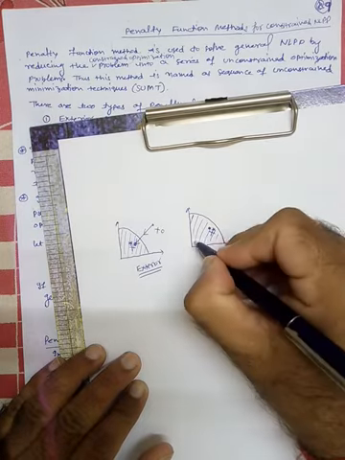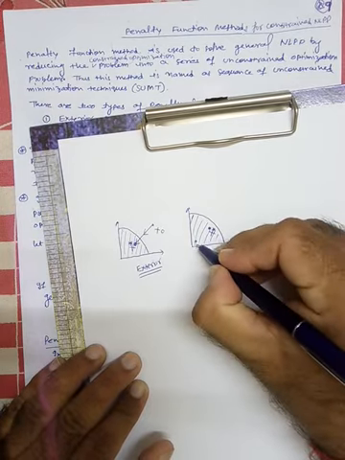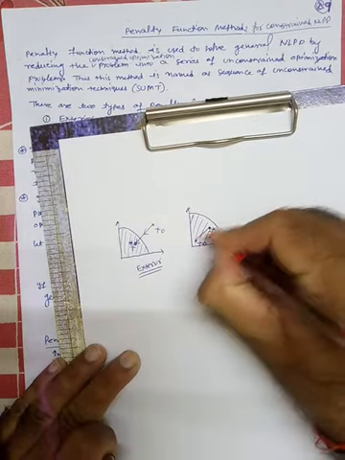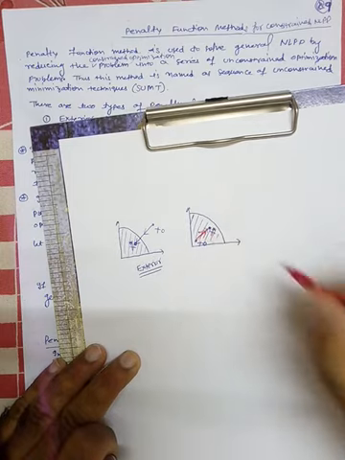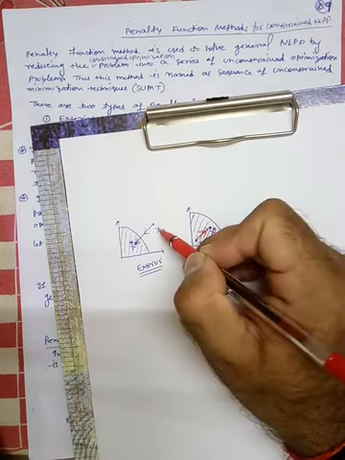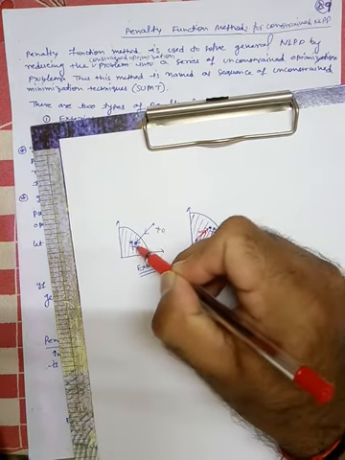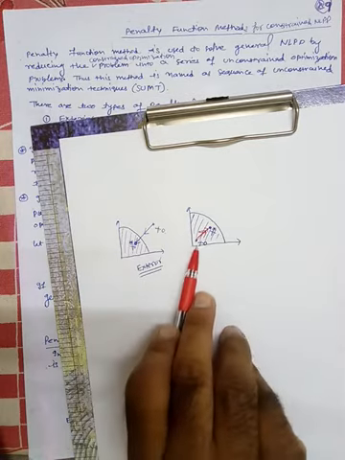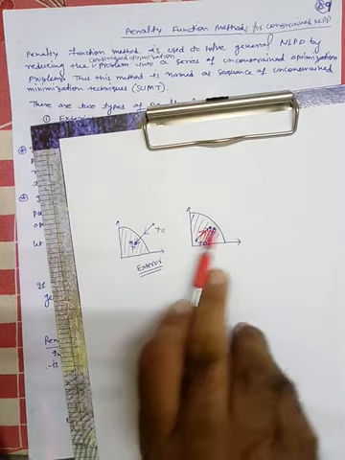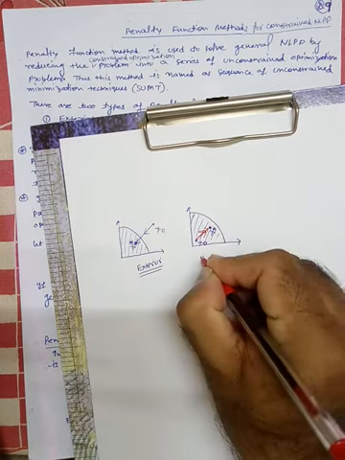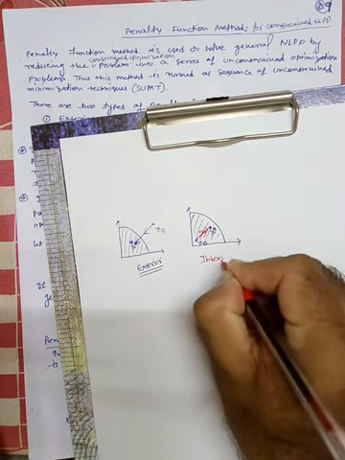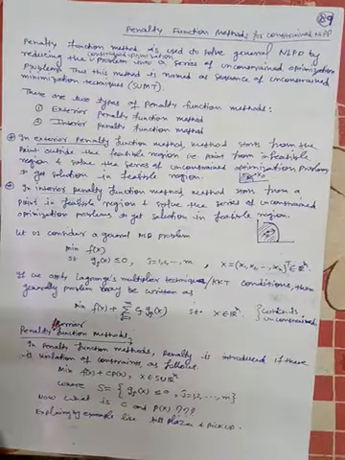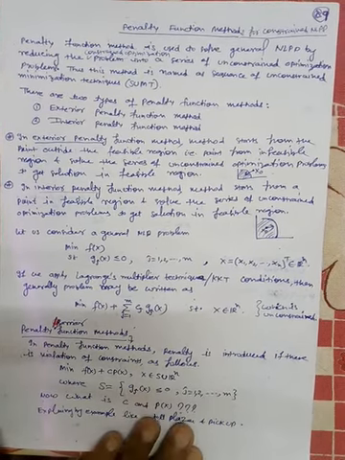Suppose x0 is the starting point, and then we move in this direction, from here to here. So this is the approach. In the exterior method we started from a point outside and then moved inside. However, here we have selected a point inside the feasible region, and then slowly we move towards the boundary, or towards the optimum solution. This is the exterior point method, this is the interior penalty function method. So this is the difference. I hope you understand the difference.